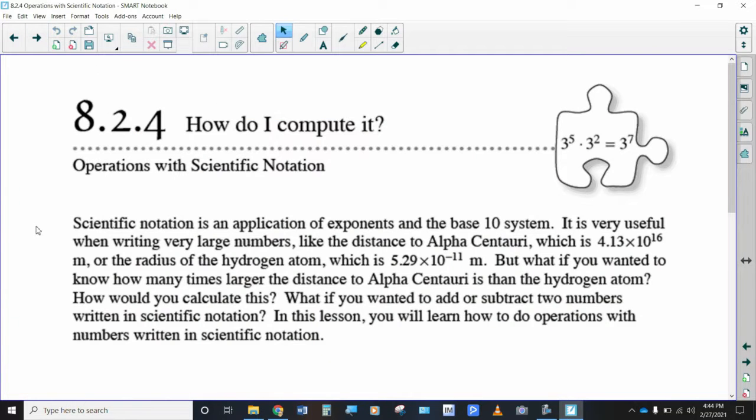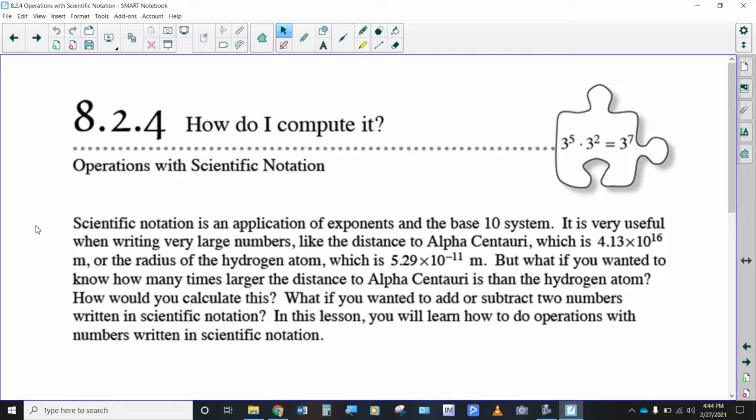All right, so scientific notation is an application of exponents and the base 10 system. It is very useful when writing very large numbers, like the distance to Alpha Centauri, which is 4.13 times 10 to the 16th meters, or the radius of a hydrogen atom, which is 5.29 times 10 to the negative 11th